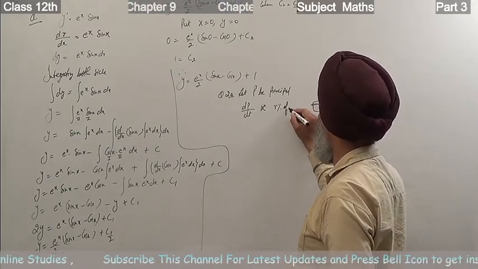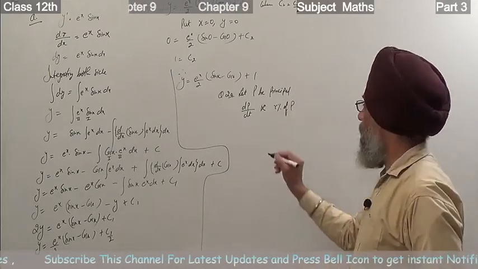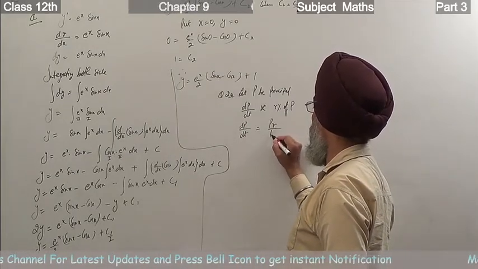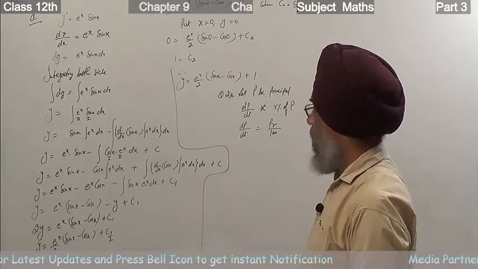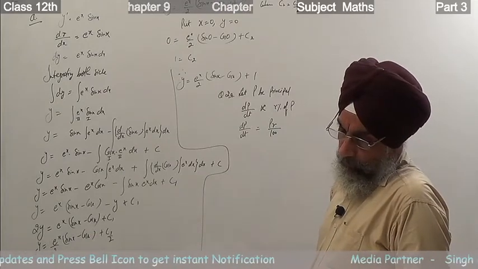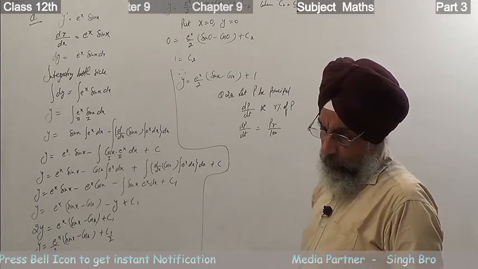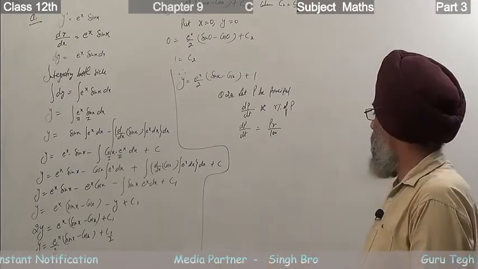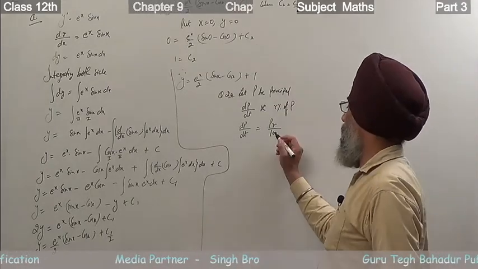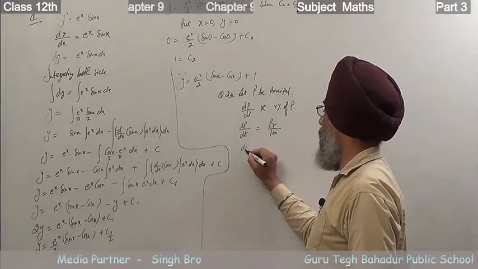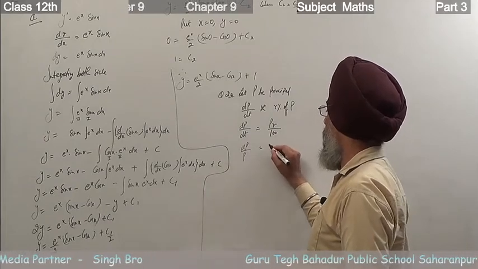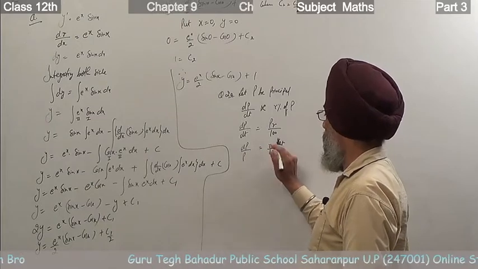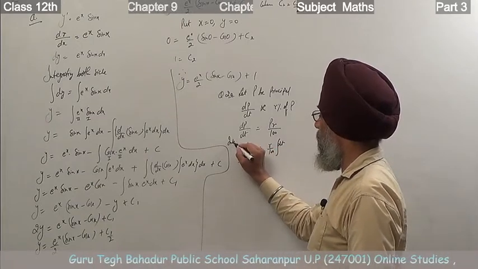R% of P. So it becomes dP/dt is equal to PR upon 100. If the bank principal increases at the rate of r% per year, find the value of r if 100 doubles itself in 10 years. Now, taking r as constant here, it becomes dP/P equals r/100 dt. Integrating both sides,